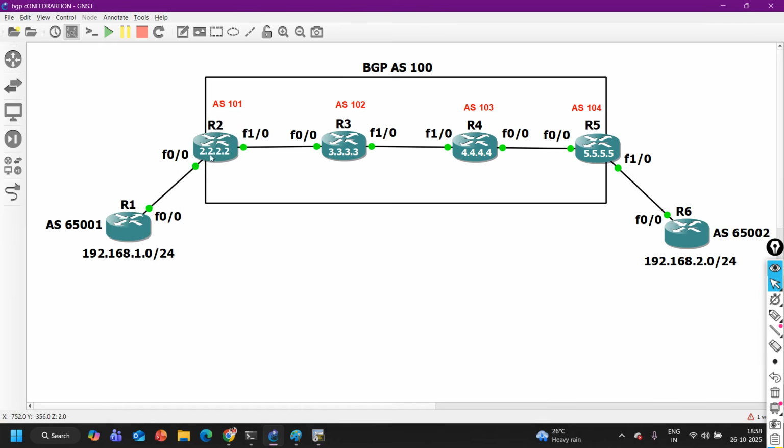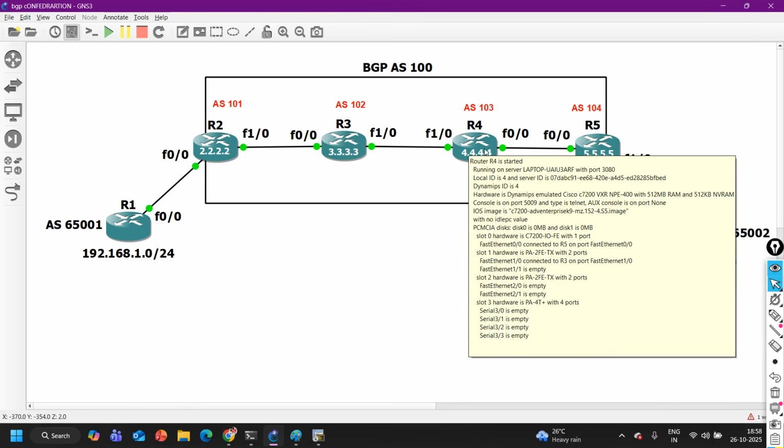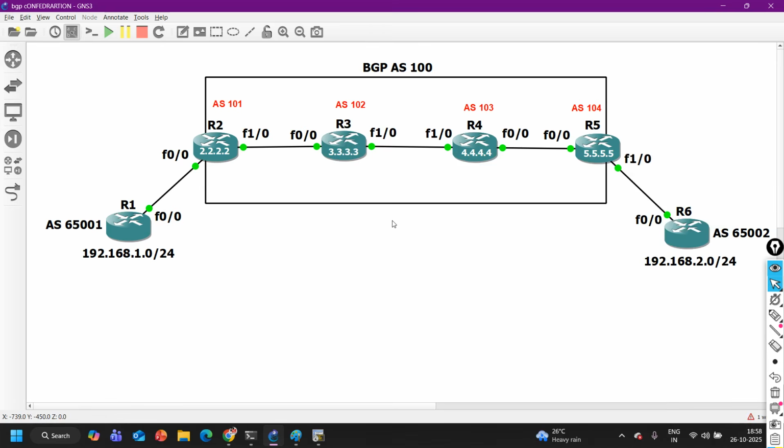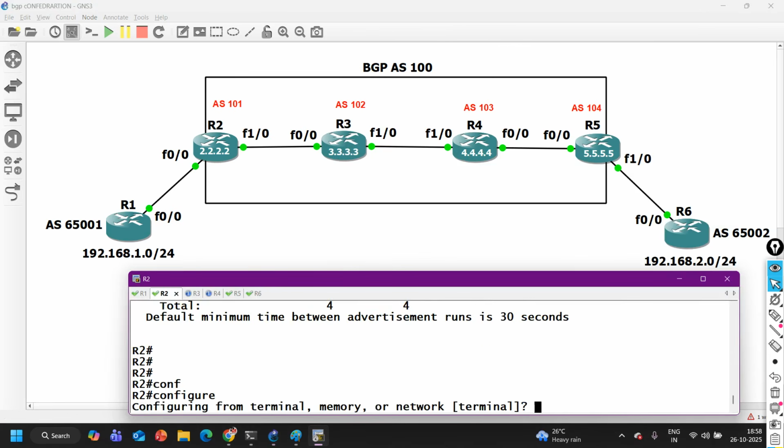Right, here I am assuming you are familiar with service provider network, right? Router 2 is the PE router, router 5 is also PE router, provider edge. Router 1 and router 6 are customer edge, and router 3 and router 4 are core routers, right? These are core provider routers. Done. Now on provider edge router, means on router number 2, if I am going to create any loopback, let's